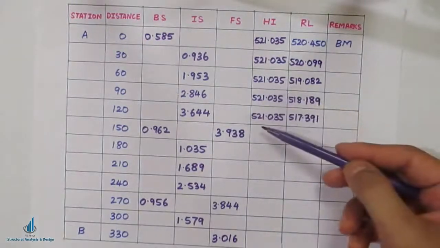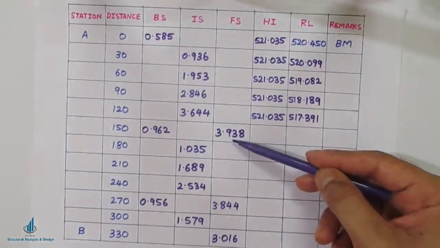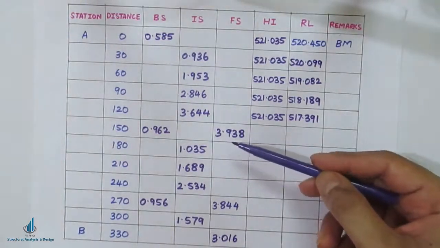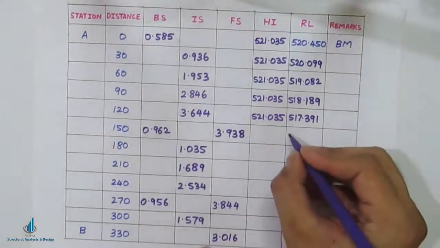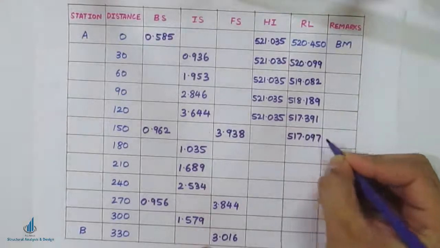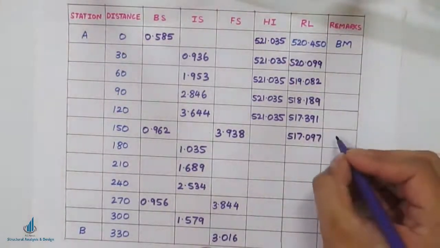So 521.035 minus FS, the third formula which I have shown in the first slide. 521.035 minus 3.938, correct? You will be getting 517.097. That will be your change point 1,